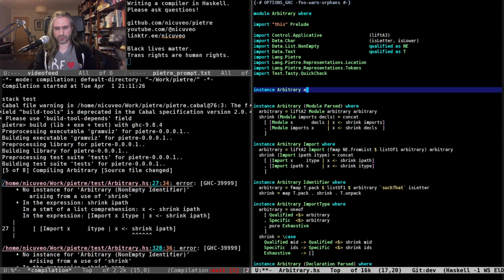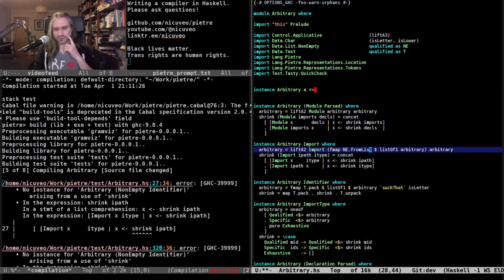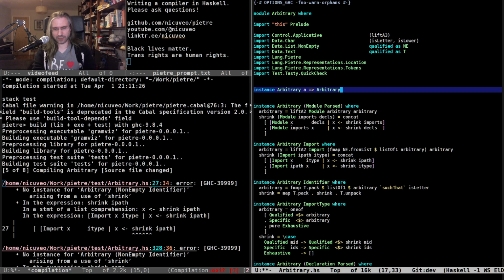So if we have an arbitrary A instance... Oh yeah, here indeed, to generate an arbitrary instance of... I do create an arbitrary non-empty list, and then I make it into a non-empty list. Fascinating. Okay, I guess I can make just a generic instance of arbitrary non-empty of A,